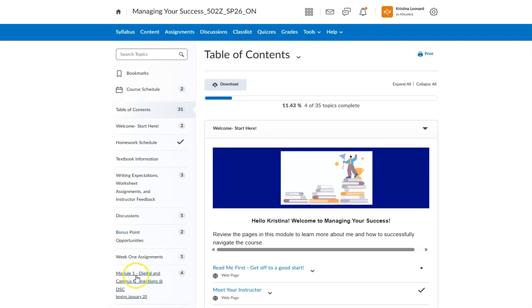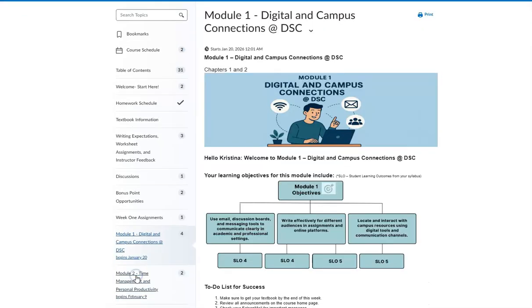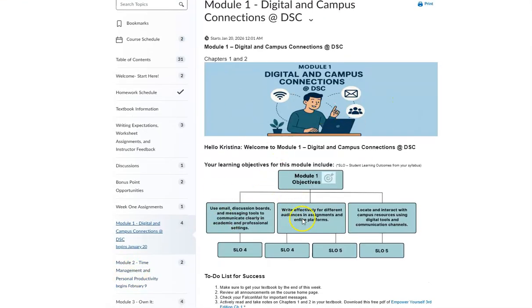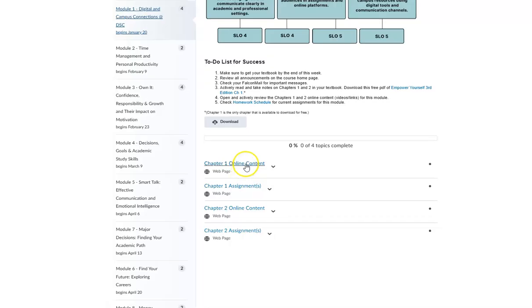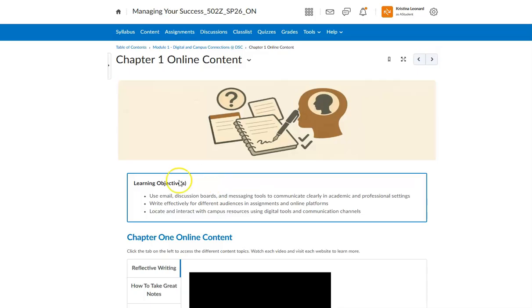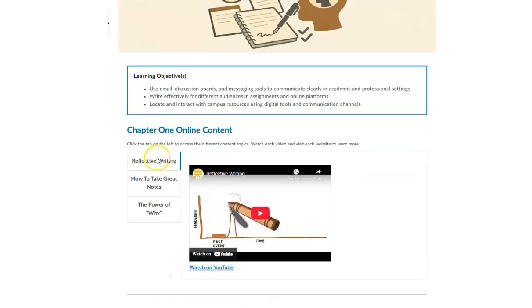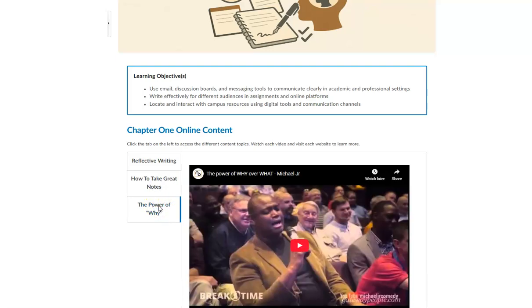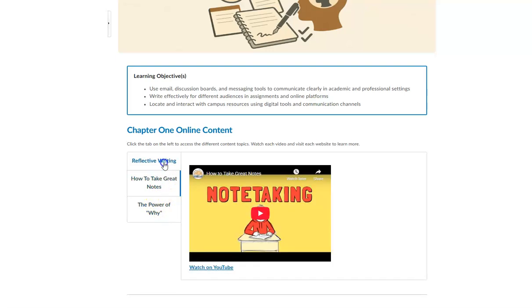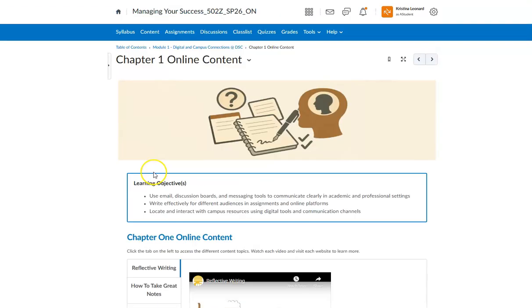I do want to point out how the modules are laid out. So when you click on there, you'll see a basic image here that lays out the objectives. But then you'll see that there is a content link and an assignment link for each chapter that's related to that module. So the content will have information that has those objectives again, and you'll see these different layouts where you can get to the different videos and links related to those topics.